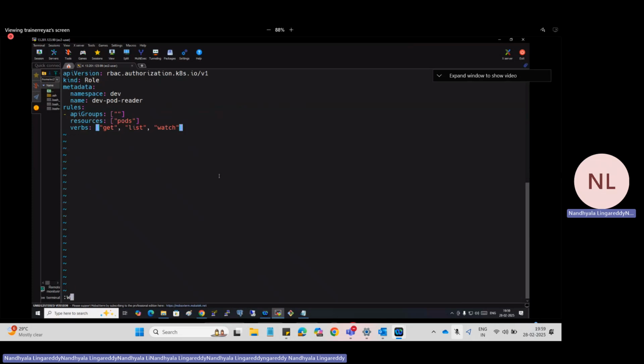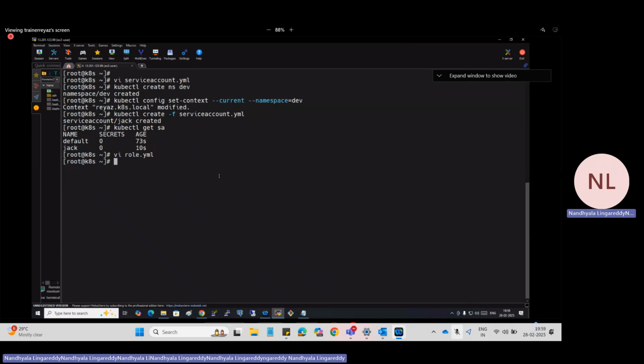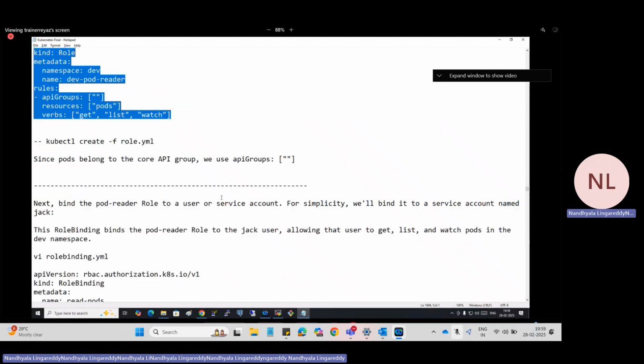Okay. Next up. kubectl create -f. Which one? Role. What's the next thing? Binding.